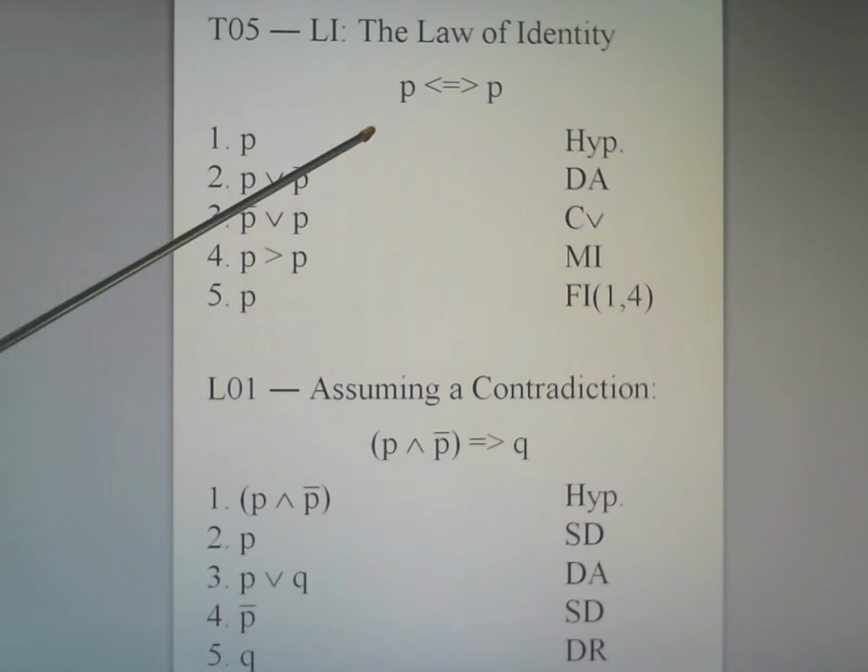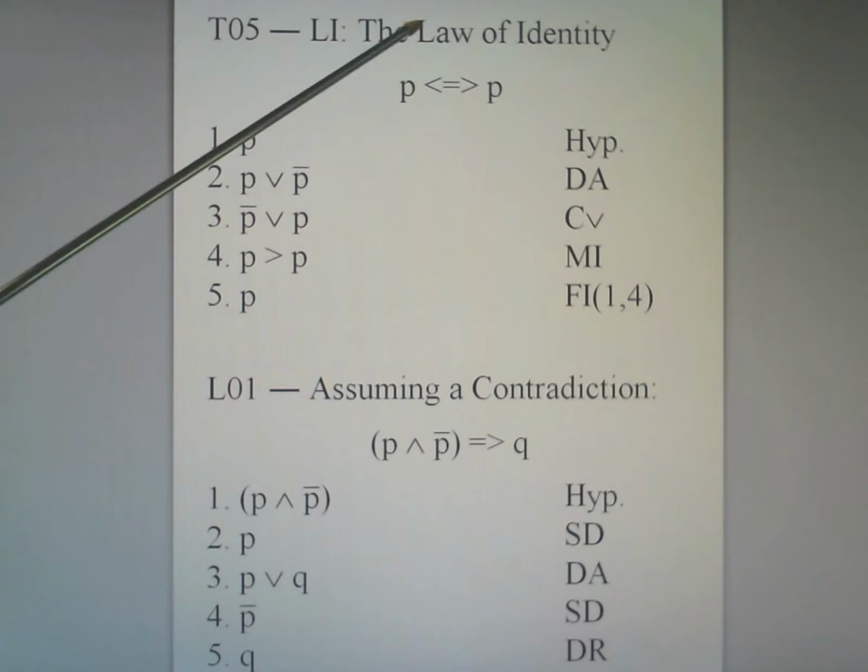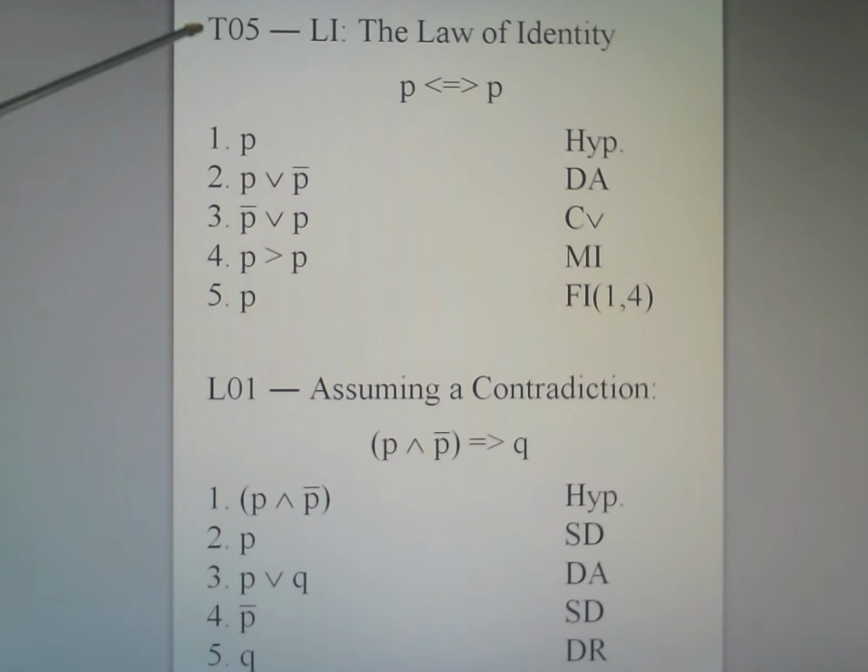And with respect to logical values, when we assign a logical value to a proposition, it doesn't change unless, of course, we're done using that variable. We do not change horses in midstream and say that something we have called true here is false down here. That is not allowed. And so basically, the law of identity, strictly speaking, could be called the principle of equivalence. It basically says that P has the same logical value as P, and of course is intuitively obvious. Here we actually have a proof for it. It's sort of a contrived proof, but it's meant only to illustrate the methods of formal logic.